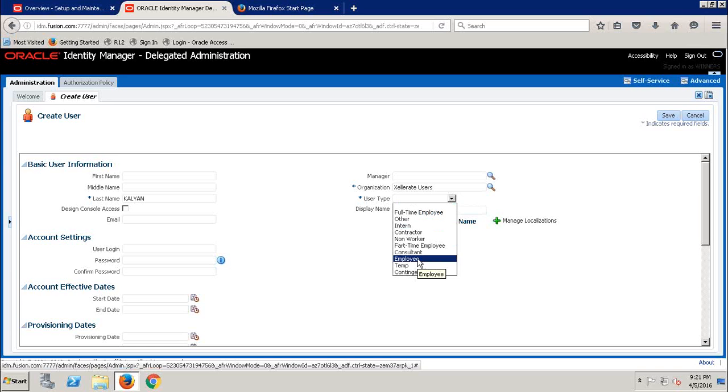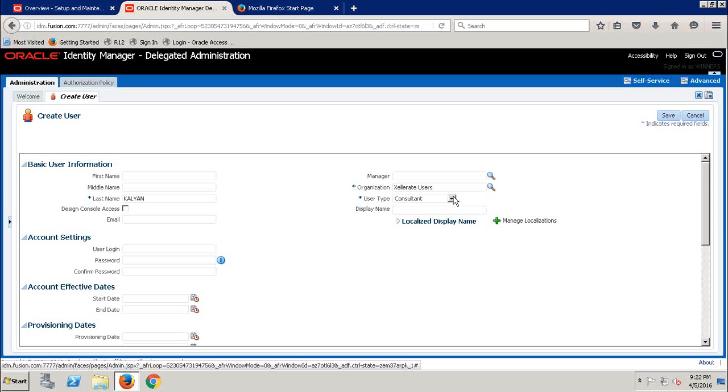This user cannot have employee-based functions to perform the transaction. So select it as a consultant user. Generally, in IDM we'll create the users related to consultants only. Okay, fine. If you are going to create one employee as a consultant user, in that case we may